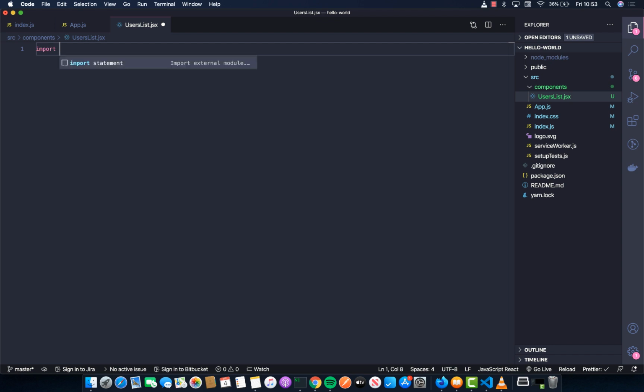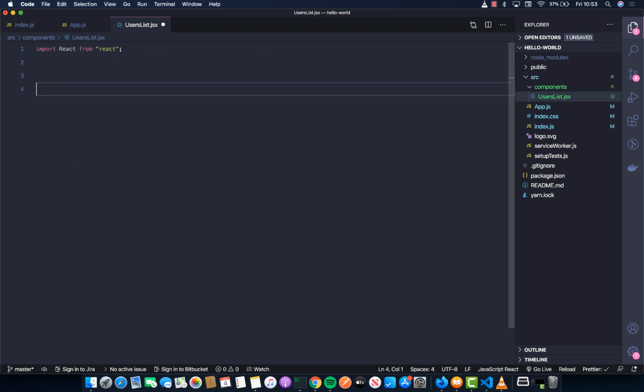So the first thing I'm going to do is import React from React. This is the very first step that you're going to do. And then you are going to create one function component called users list, which accepts props, but we don't need any props, so it's okay to leave it blank. And here we are going to